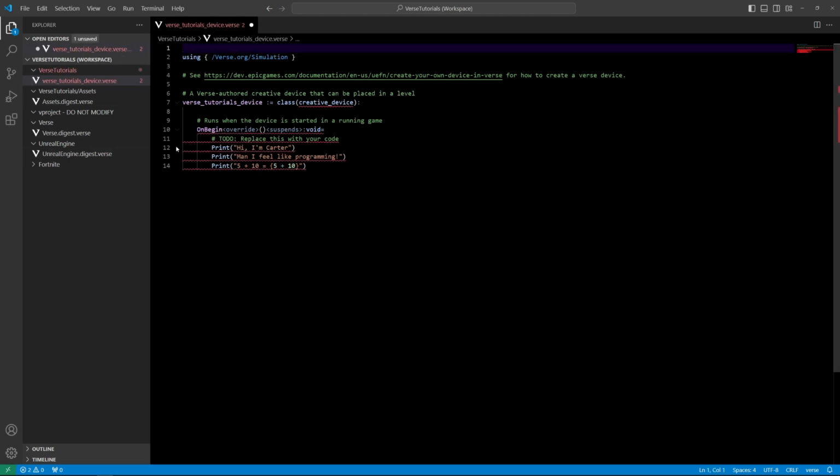As you can see, now we have a bunch of errors. And the reason we have a bunch of errors is because of this part right here, which we'll get into. But we are attempting to use something called a creative device, which is something that is part of Fortnite that Epic gives us. However, we don't have access to anything called creative device within the scope of our current code base. That was coming from that using statement that I'll go ahead and replace here,